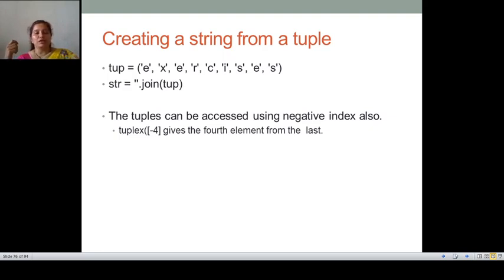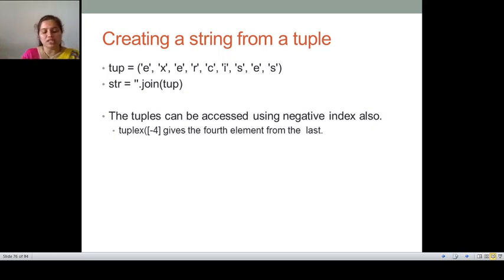But if there is a scenario wherein the data does not get changed at all, then we must go with a tuple. I would say that tuples are read only. We cannot write to it or append to it. The tuple is used in cases where we need to store read-only collections, that is, the value of items cannot be changed. So it can be used as the key inside a dictionary.